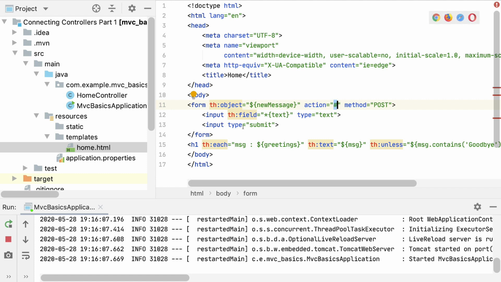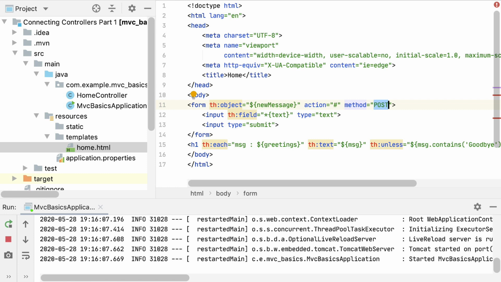We also set the method to post. We can't use get like we did to request the page initially because get requests do not allow a body, which means we couldn't send our form data with a get request. Post is the standard method for sending arbitrary data to the server, and it will serve us well.